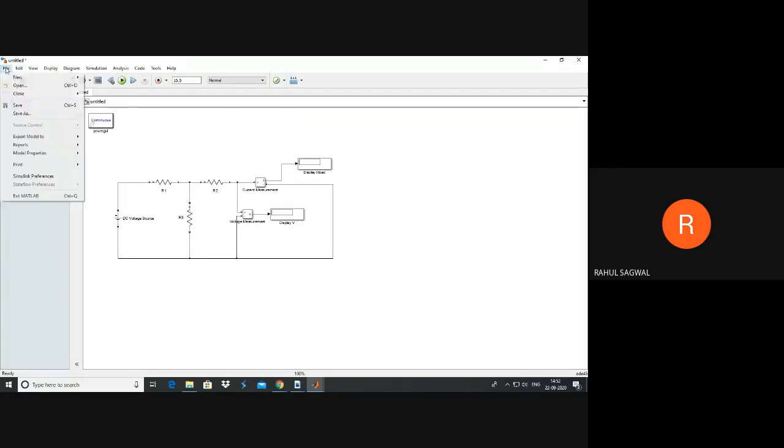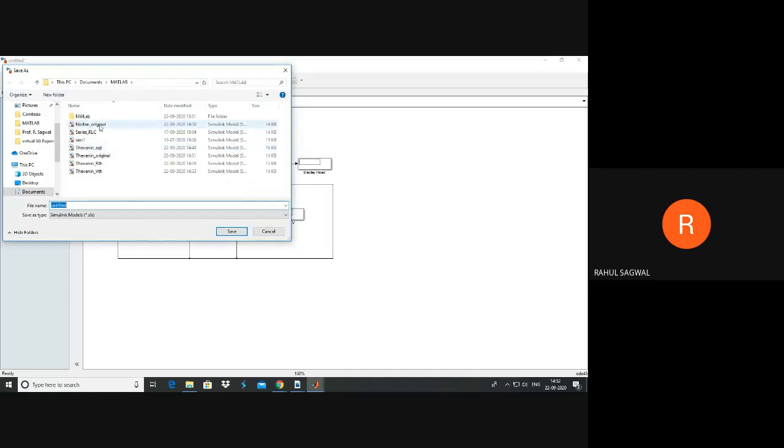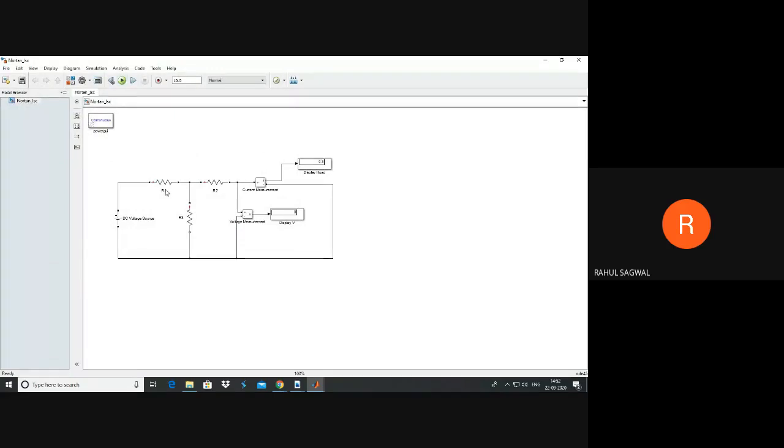So let's just save this circuit and run it. Instead of Norton original, we can rename this file as Norton ISC, short circuit current. Run this file. So 0.3 ampere is the value, and 0 volt will appear, that we already knew. If we keep the same values of these parameters, R1, R2, R3, and DC voltage, then for that particular circuit, 0.3 ampere is the short circuit current, or Norton equivalent current.